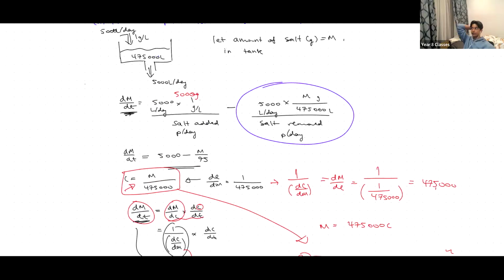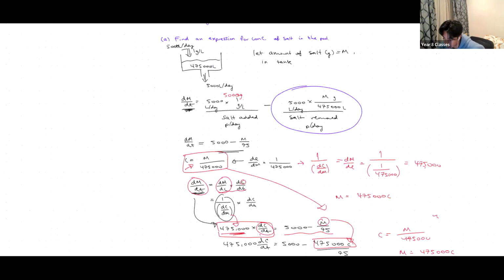Why are you decreasing the volume if you have no outflow? No, there is an outflow. Are you talking about this question or your theoretical question? This question. Oh, okay, yeah, this question, sure. So you're asking for this question with the inflow and outflow. Why do we just take volume to be constant at 475,000? Yeah, pretty much. So it's because